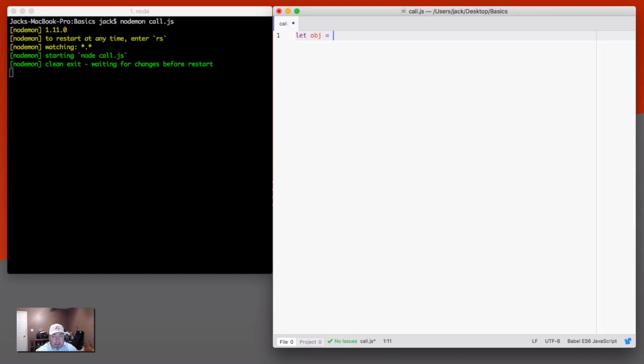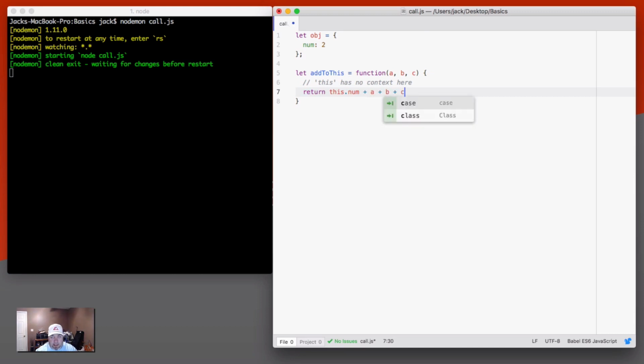So we got an object here, and it's going to have one property called num, and it's going to have the value 2. Then we could say let addToThis equals function, where a, b, and c are our parameters. So this has no context here. So if we try to do return this.num plus a plus b plus c,